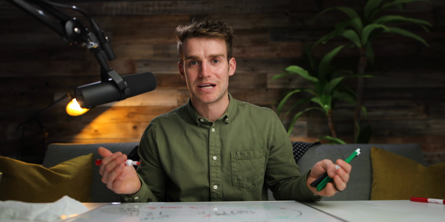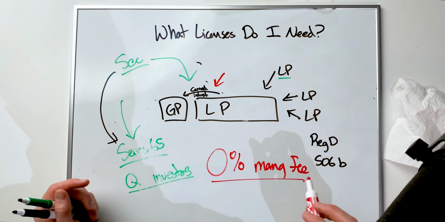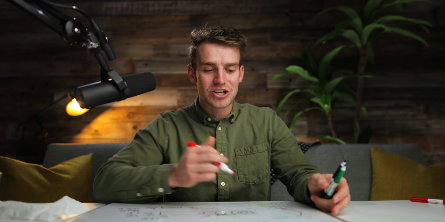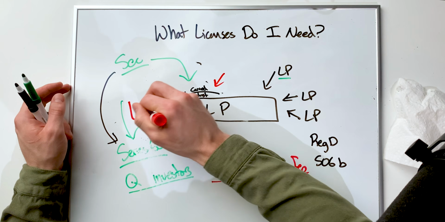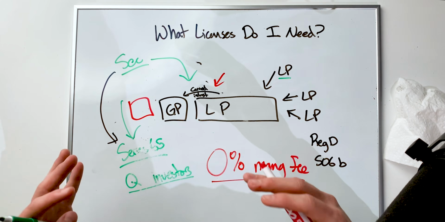Now, in the near future, I'm looking to set up a registered investment advisor. We're on our 3rd fund, and so we want to start charging a management fee. But a lot of people, like my dad, when he started out his first funds, they did the same thing. They did a 0% management fee because they could go to investors, and it was a very compelling pitch. When you pitch an investor and say, I'm not going to make any money unless you make a certain preferred rate of return, that's a compelling pitch. And that's why I recommend most people starting out in funds don't charge management fees. Don't go through setting up a registered investment advisor, Series 65. It's just a lot of work to get going.